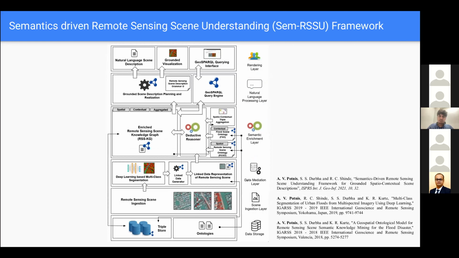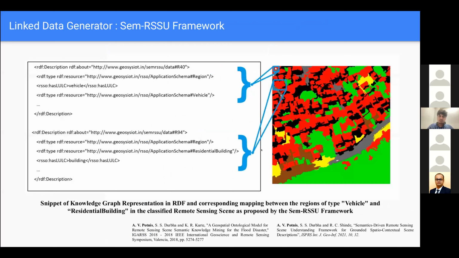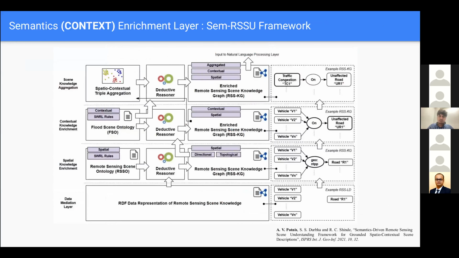Great. I'm hoping that the data mediation layer has been understood so far. So with that, let's move and elaborate on the semantic enrichment layer, wherein we'll be taking an example to understand how a particular knowledge graph is enriched both on a spatial and contextual basis. Great. So this is the magnified view of the semantic enrichment layer, wherein the context aspect is particularly added to the knowledge graph. So on the right hand side that you see here is the particular example that we will be elaborating on. Great. So let's get started.